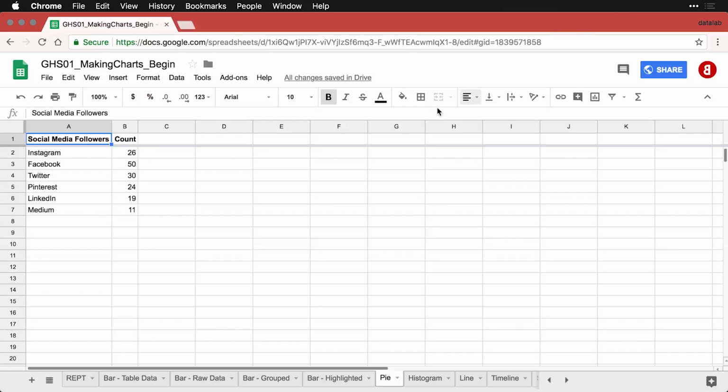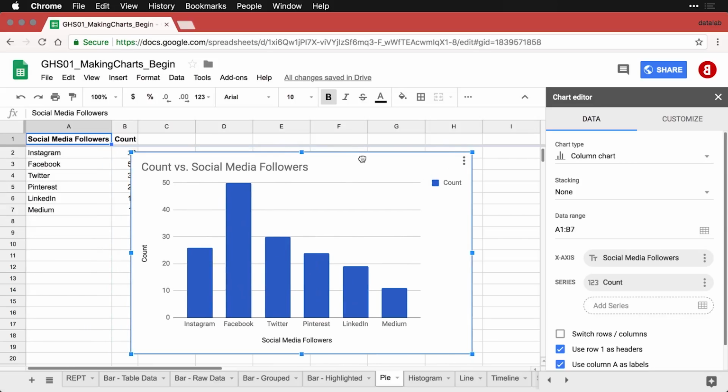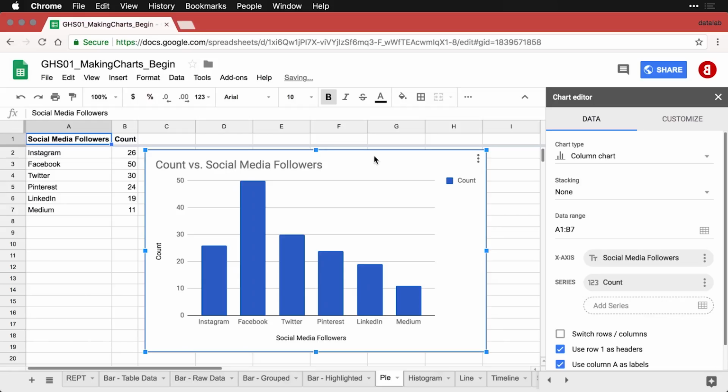I'm going to take the social media followers data and I'm going to come over and click on insert chart. Now, by default, Google Sheets makes a good choice and creates a bar chart, but we're going to make things a little different. Now, you'll notice, by the way, that I changed the order of things. I put Instagram first. That's because in other examples, I wanted to draw attention to Instagram. But if you're going to have one particular category you want to focus on in a pie chart, it should be the first one. That means it'll start at 12 o'clock